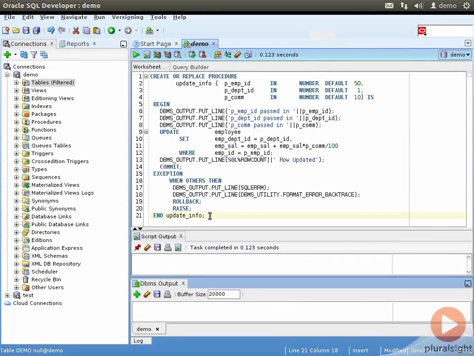In this demo, we will demonstrate the use of passing default values to parameters, as well as using positional and named notation for calling the subprograms. We create a procedure, updateInfo, which takes in three parameters: PEMPID with a default value of 50,